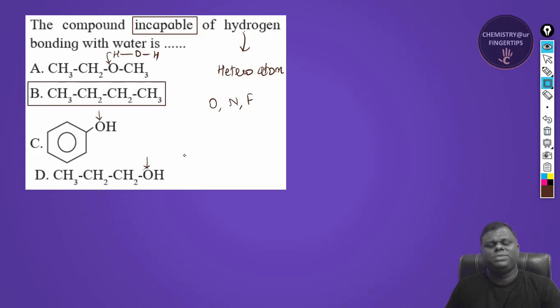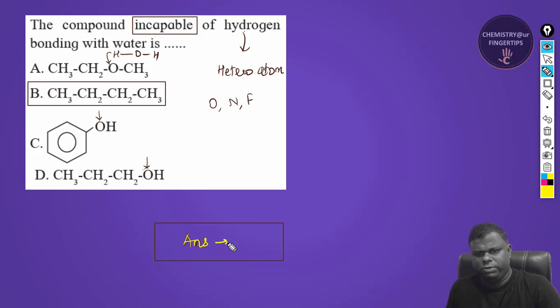Now, these being MCQs, you are not supposed to take too much time in deciding. It's pretty much evident from the options itself that the correct answer is option B, right? So the correct answer to this particular question, let me change the color, I think that's the best way, is option B.